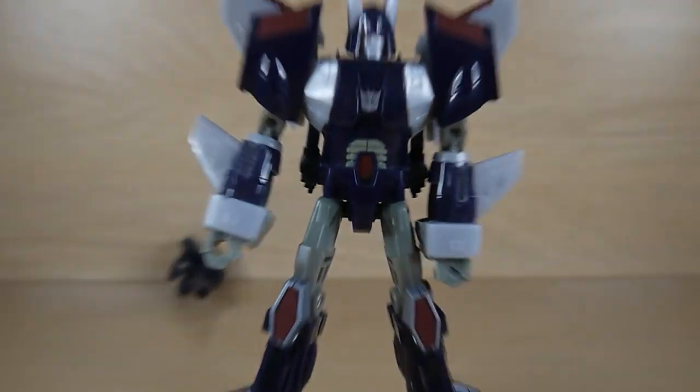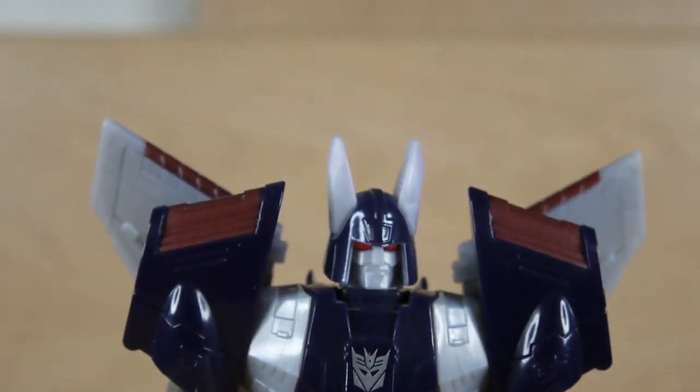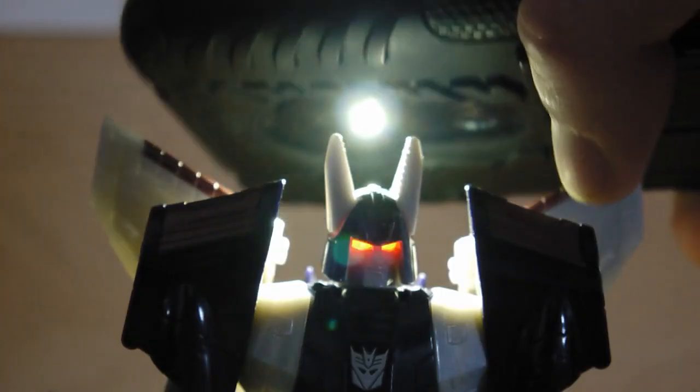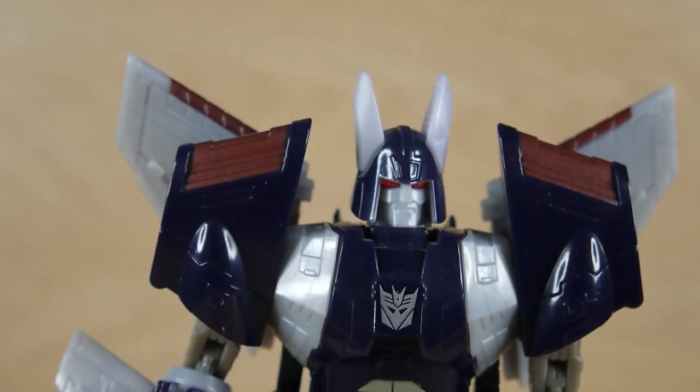So if we zoom in and take a look at that noggin, very nicely detailed head. He's got the bunny ear thing that Cyclonus does have in G1 naturally. He has nice red eyes. It is light piping. That is beautiful light piping. Very nicely done indeed. Continuing down the figure, proportion-wise, again, he's lanky, but, you know, he's symmetrical and he's good